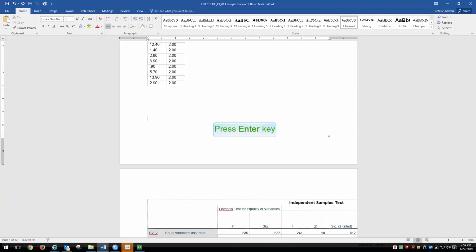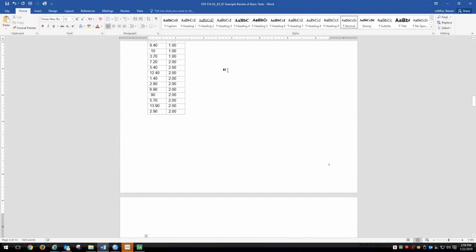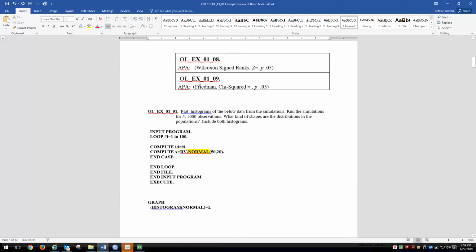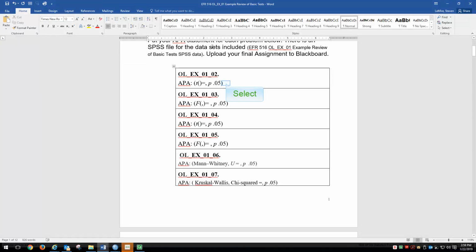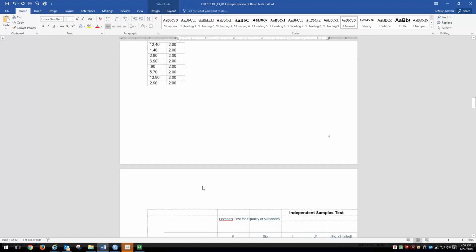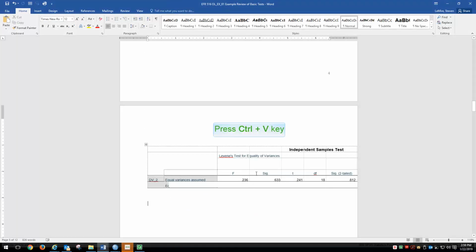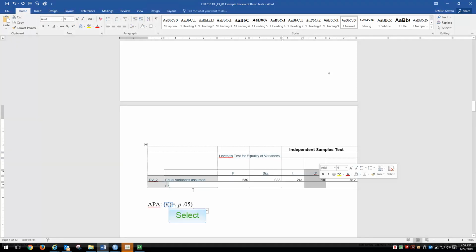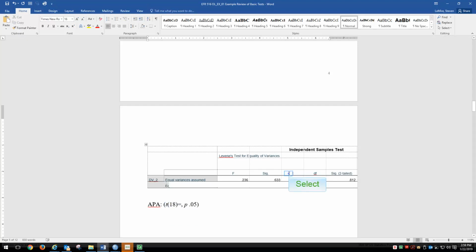And again, what we see, if we go up to the beginning of the assignment, I'm asking you to put the final product up here. So here's for our first assignment. So I'm just going to grab that. I'm going to pull that down here to write this in. So from the results, it's a t with how many degrees of freedom? Here's the degrees of freedom, 18. Its value right here is 0.241,